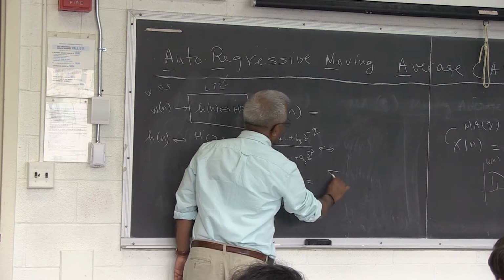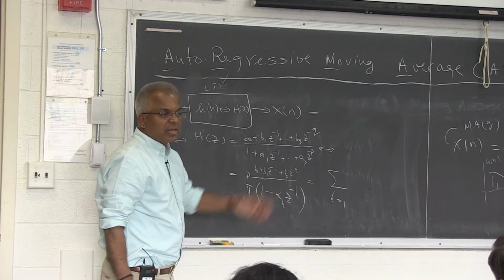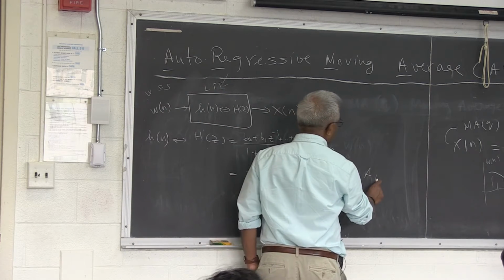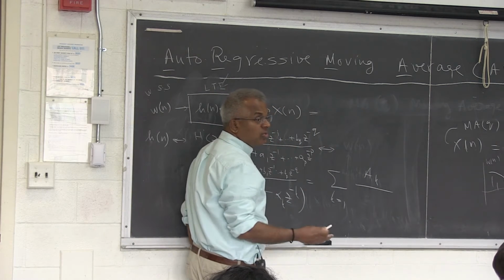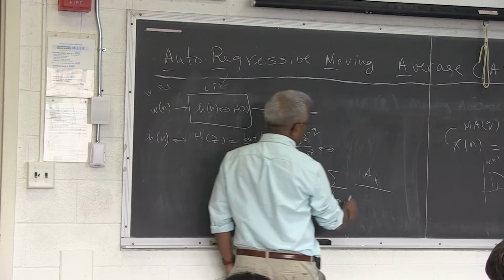Now you also know that you can write this as what? If you have a, you can write it as a partial fraction, right? So what would this be? This of course can be written as, I'm going to assume that all these poles are simple. There could be multiple poles, then it's a little complicated. Otherwise you can,